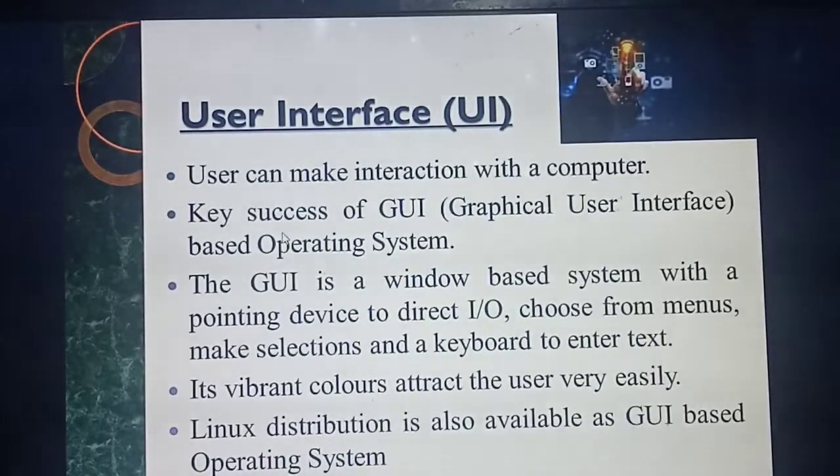So the first one is the user interface. Name itself has interface. What do you mean by interface? Interface means some intermediary or interaction. Now you are going to interact with your computer, your tab, your mobile phone or your laptop. So user interface: you are going to interact with some electronic device, maybe a laptop or tablet or computer. Once you are interacting with a particular device, the main thing is the graphical user interface,